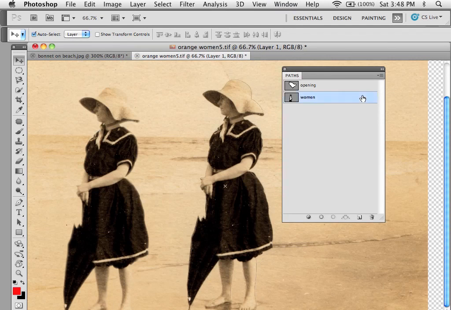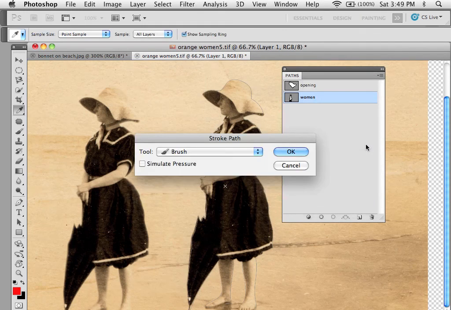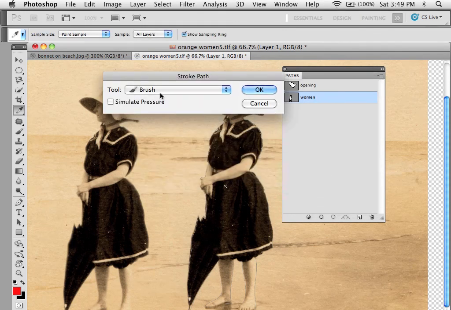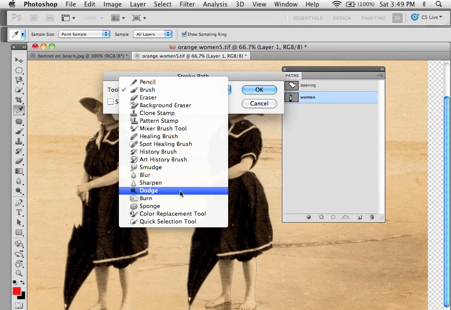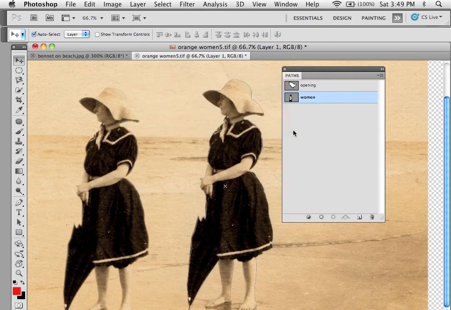There are also a few other settings down here. So if I go here and say under stroke path, I have a choice between brushes or other tools. And you see I have the sponge, the sharpen, the history brush. Whatever the last tool, however that setting was, is what it's going to use. So if I use healing brush and I say OK, could not use healing brush because nothing has been defined. So I have to go to my healing brush